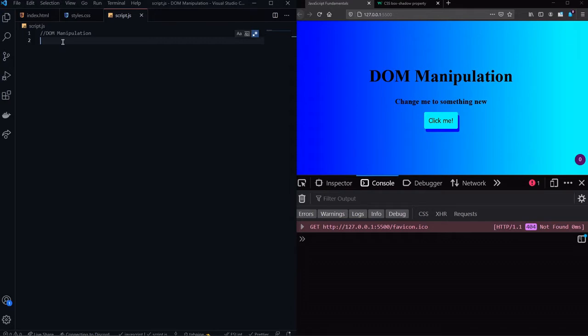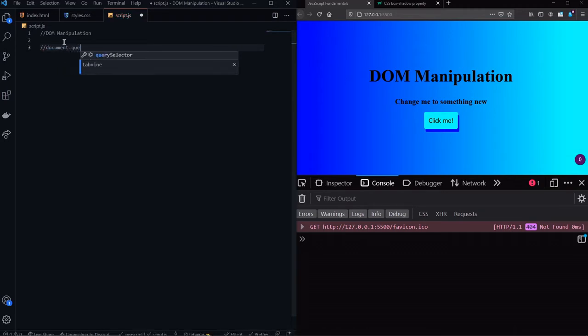The first thing we're going to look at is the document.querySelector function. So the document.querySelector takes in one parameter, which can be either the class name or the ID for a particular HTML element. And what this does is it simply refers to the HTML element whose ID or class name we have